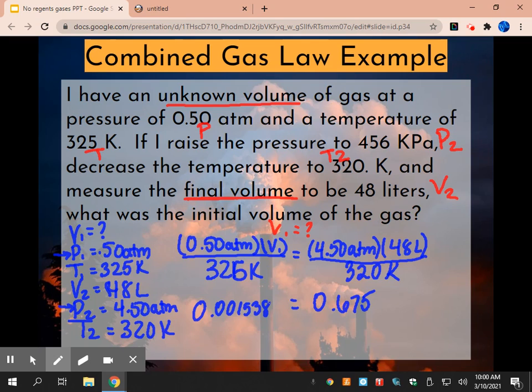Again, it doesn't matter how many numbers you write down. Times V1. To get V1 by itself, this cancels. V1 is equal to